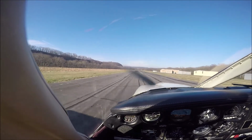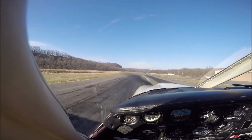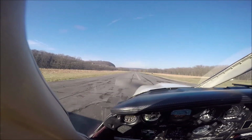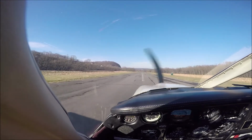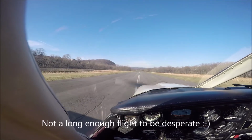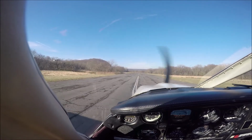Go down to the end of the runway. Fuel pumps off. What a shame this airport is like... No, well, I mean, they've got all those hangars. The pilots have got them in there. Even porta potties. Yeah, thank goodness. Well, I'm going to hold out on that. I'm not going in a porta potty. Yeah, see how long you have to walk if you're going to go down to the...